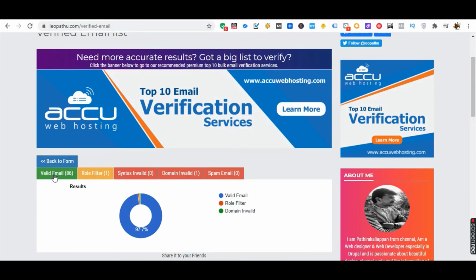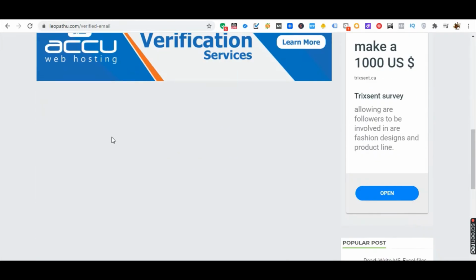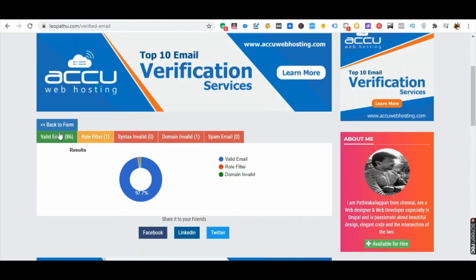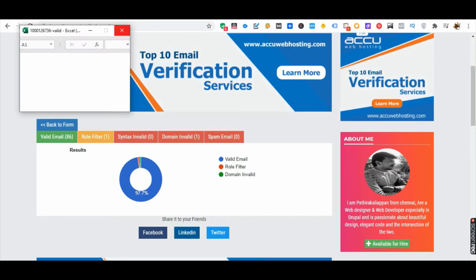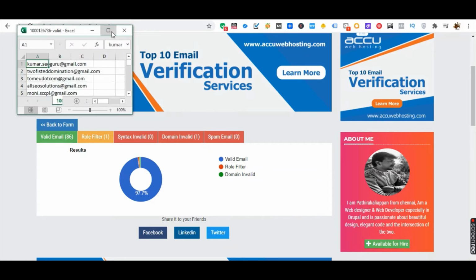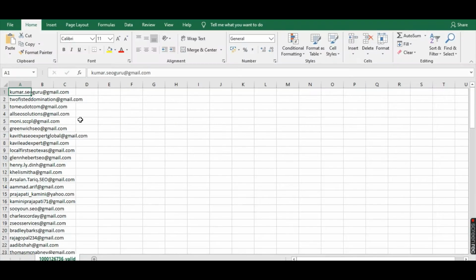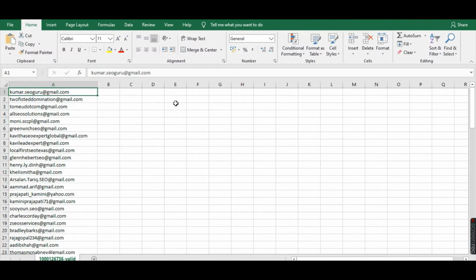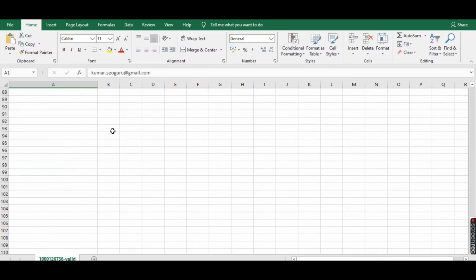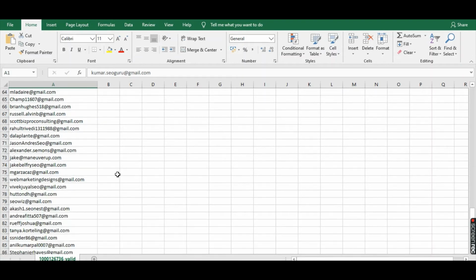Let's wait and see. See, here you can find all the Gmail IDs. So you have done nothing, just extracted around 86 Gmail IDs.